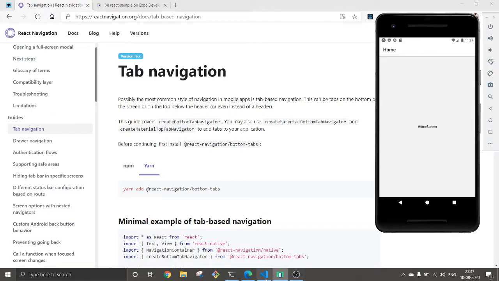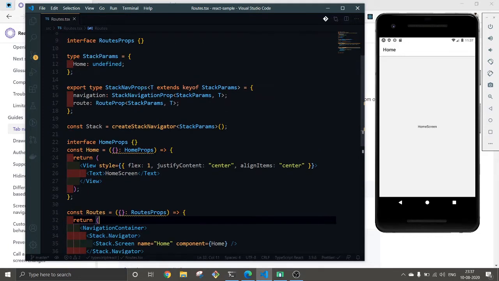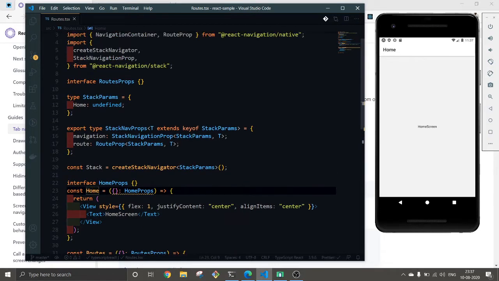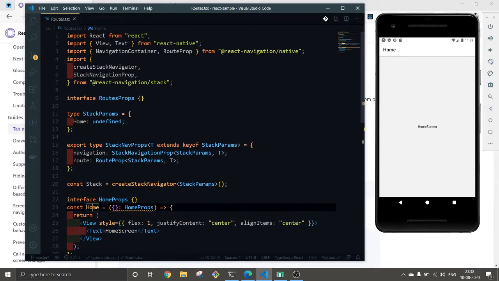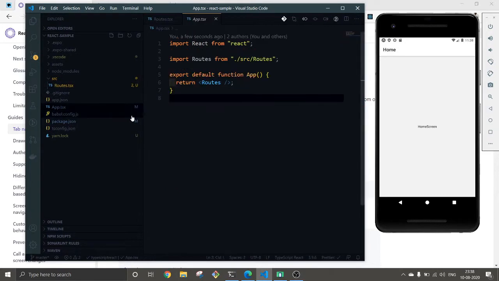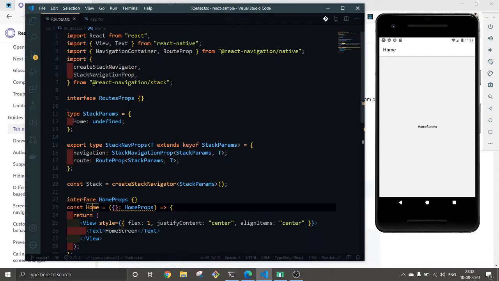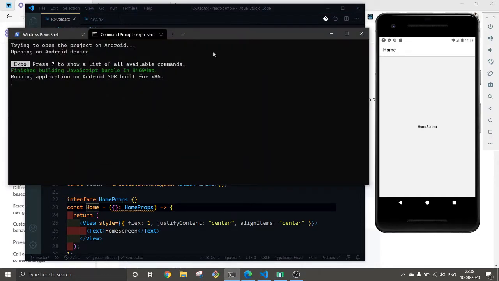Now, we have just some simple code where we have a home screen, and this is our home, and I've done all the things in this file only, the routes.txt, and in the app.txt we basically have just routes, and it is rendering all the routes. So to install this, we need to